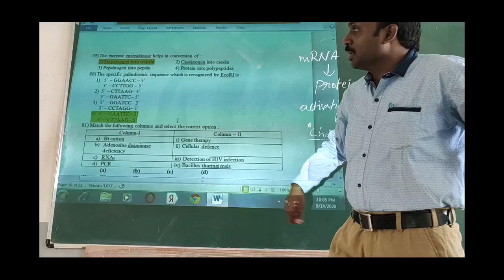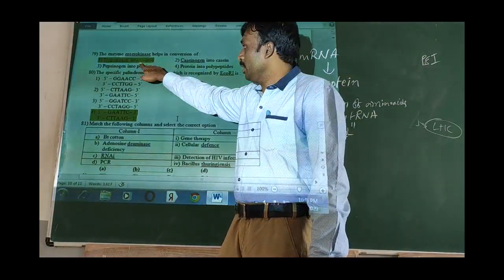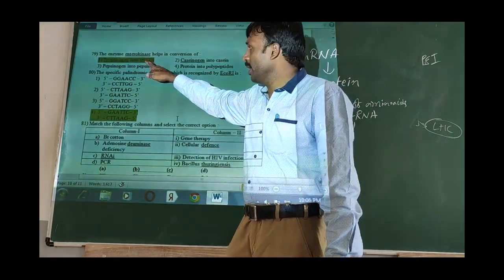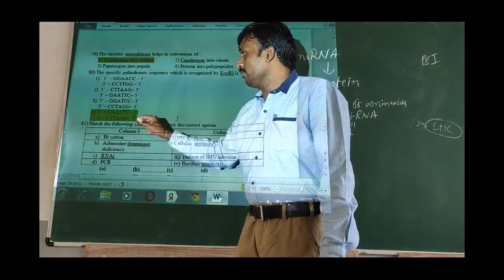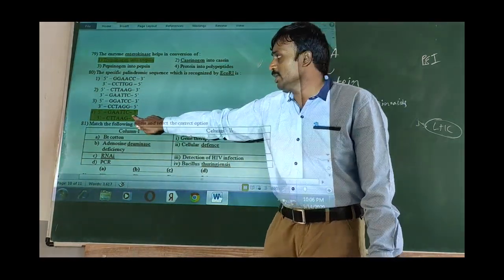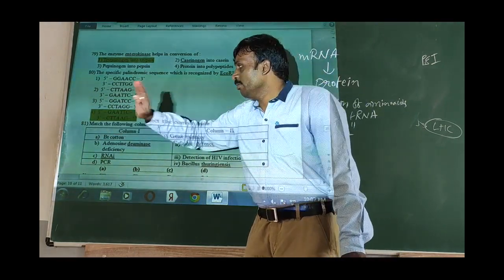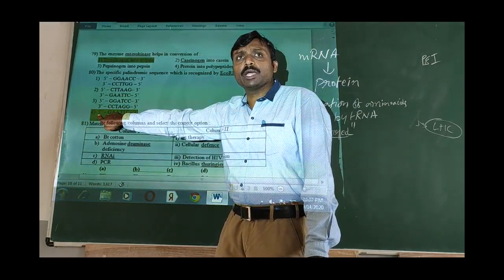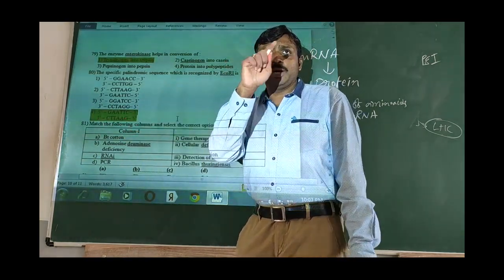Then enterokinase. Okay, so enterokinase we studied under digestion and absorption chapter. So this is an enzyme that helps in conversion of trypsinogen into trypsin. Okay, again this is also purely based on our memory power from first year syllabus. Then the next one from biotechnology chapter. So restriction enzyme namely EcoR1 recognizes this sequence. It is also very clearly mentioned in our textbook. But here please be careful. Always it needs to start with 5 prime. So that is the key point to remember here.